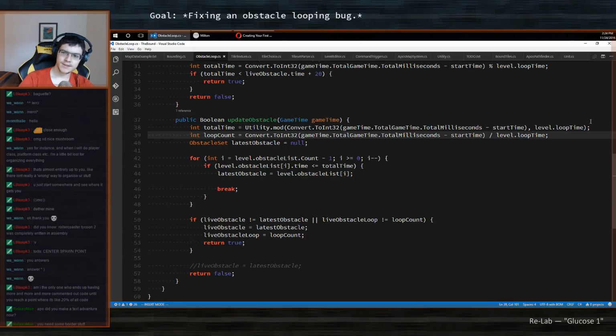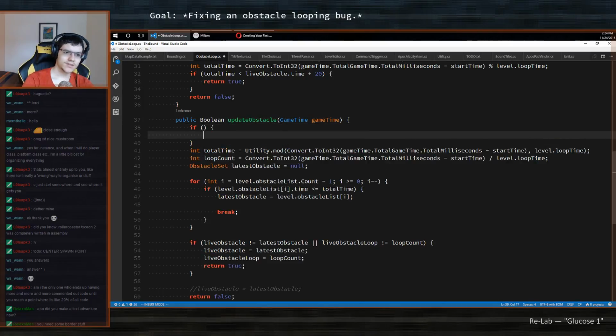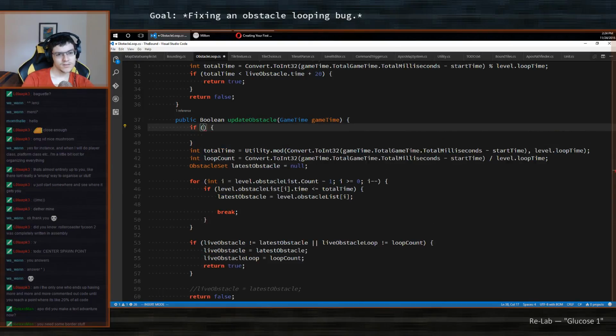If loop time is 0, maybe I just need to not do anything. If level loop time equals 0, or rather, no, it's not equal 0. Do everything.